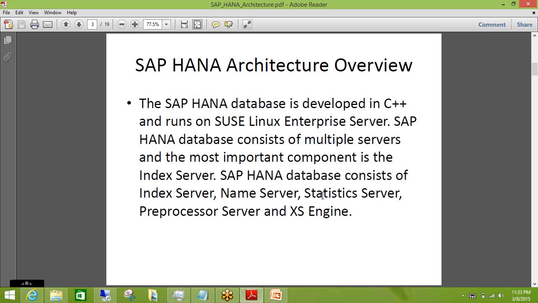what are the key components within the HANA architecture, the HANA server? When we talk about the important components in the HANA server, the index server is the most important one, and then you have a name server, a statistics server, preprocessor, access engine, and all. As I mentioned, the access engine is used in HANA native application development. SAP has given a native access engine called the extended service engine, by which you can expose your backend functionality to lightweight devices like mobile apps on Android, BlackBerry, iPhone, and you can update the content there. So that is on the first slide.